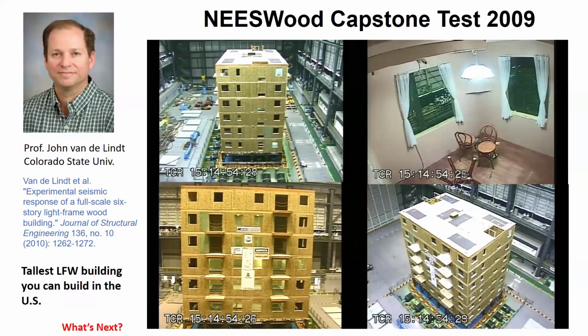And on the left, you see that's Professor John Vanderlyn. That's my advisor. Yeah, that's a picture. I especially used the picture when he was younger, and so that's when we did the test. So after this is done, we